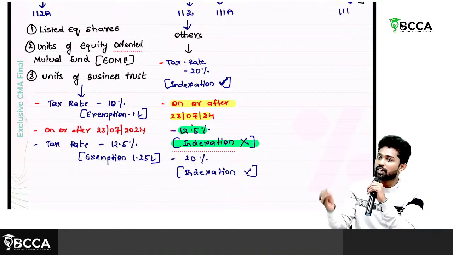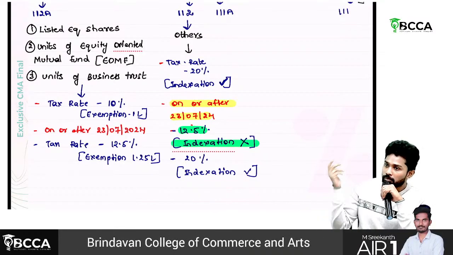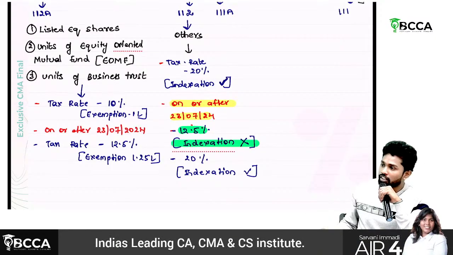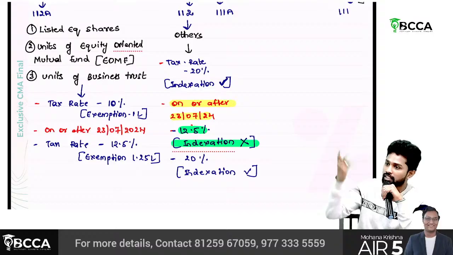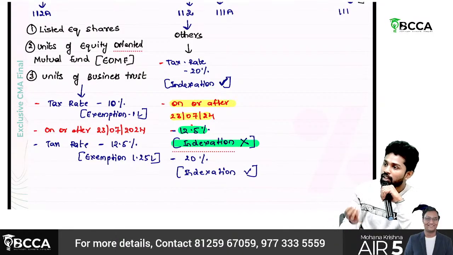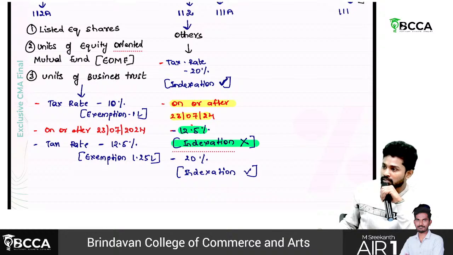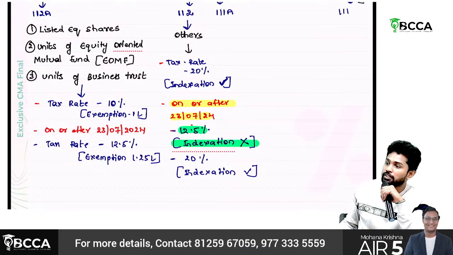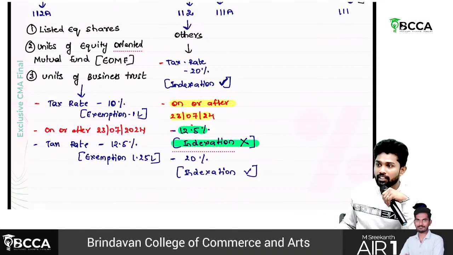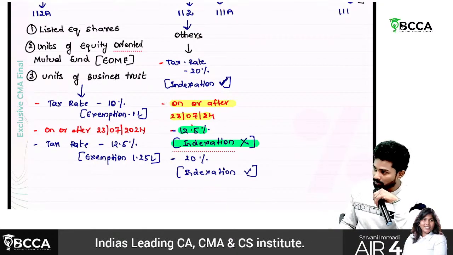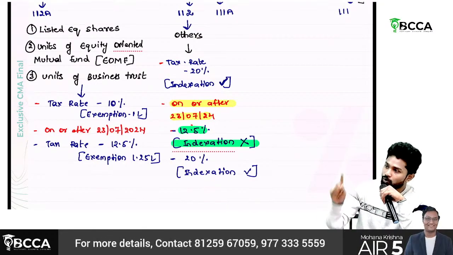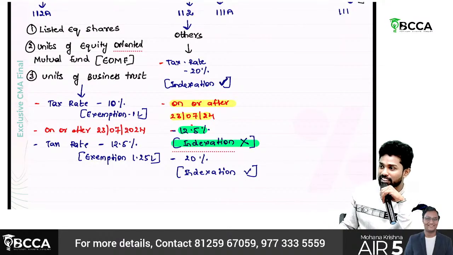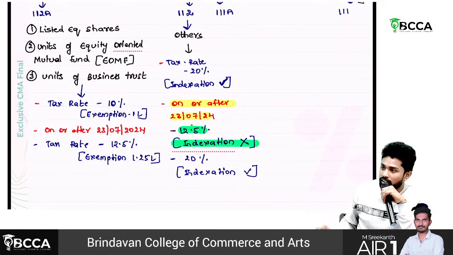The only property you are having is that house. Assume it was in Hyderabad. For 60, 70 years, that property has been with your father, grandfather, and it's coming down like that. Now suddenly they need to pay so much tax. That's why, if for any reason, like for their daughter's marriage or something else, they sell the property, they need to pay 12.5% tax, which is too high. That's why they again started giving the indexation benefit, but that is available only to individuals. Whereas for the normal persons and others, it is 12.5% only without indexation. All those we'll discuss in detail in the capital gains chapter.